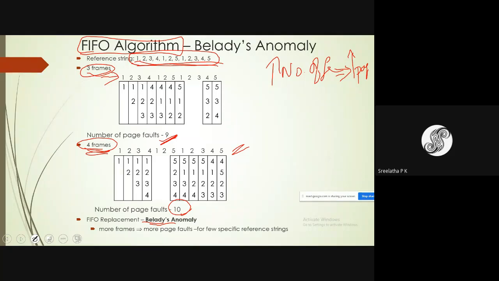It is not true for all strings. Only in first in, first out page replacement algorithm, only for few specific reference strings, it is true that even if number of frames increases, number of page faults also increases. Okay, so that is first in, first out page replacement algorithm.